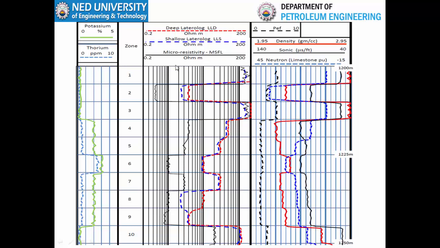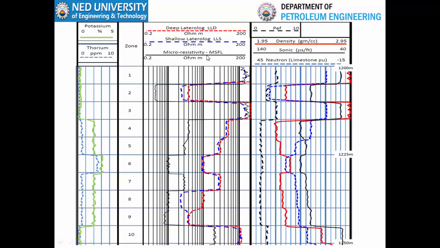So the resistivity log is measured and plotted on track number 2, and you can see that against each zone we have measured 3 resistivities. MSFL is the resistivity of the shallowest zone, basically the flush zone. LLS is the resistivity of the transition zone mostly, and some distance away from the transition zone, and LLD is the resistivity of the deepest zone.